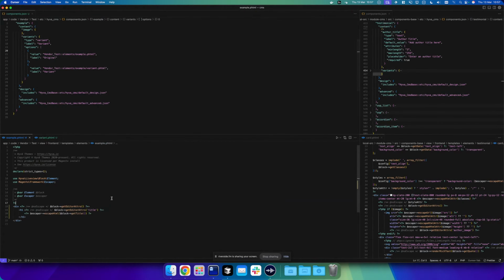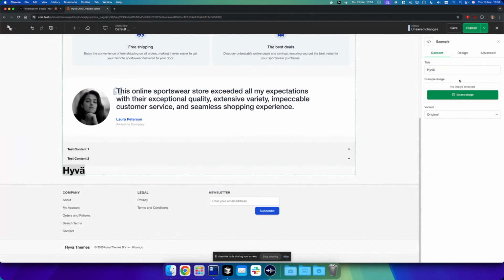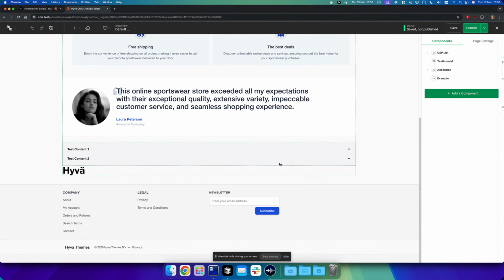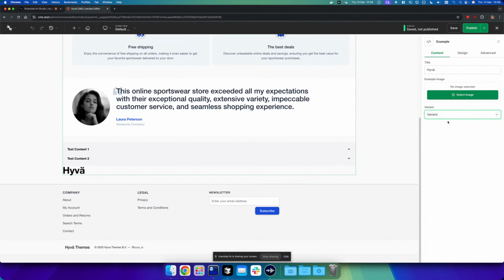Maybe in this scenario, I can copy all of this, and the only difference in this one might be that the background's different. Or actually, let's go BG primary. Let's save. So in the example component, let's go to the variant.